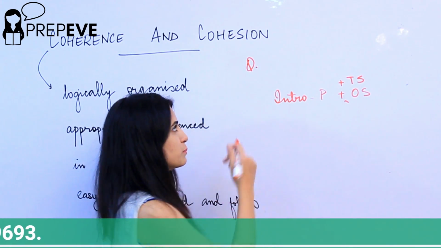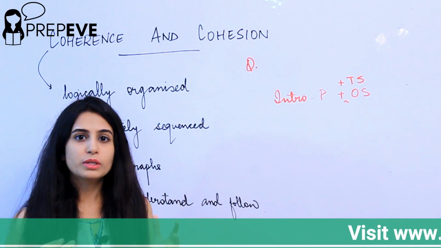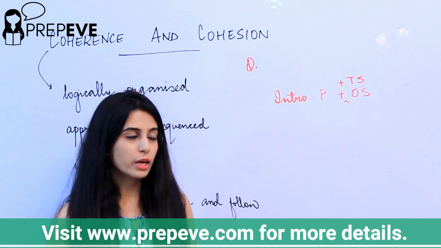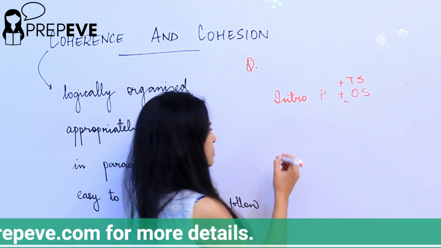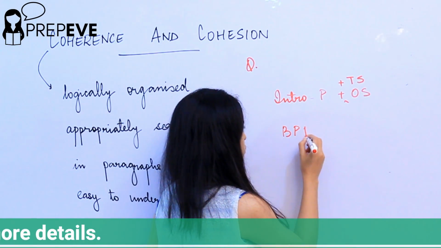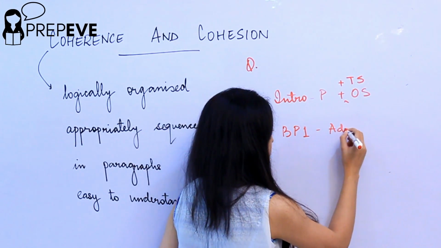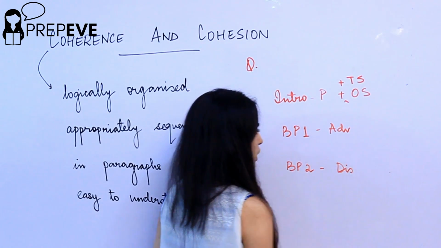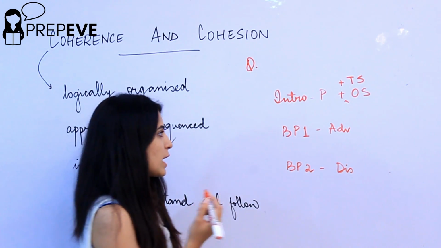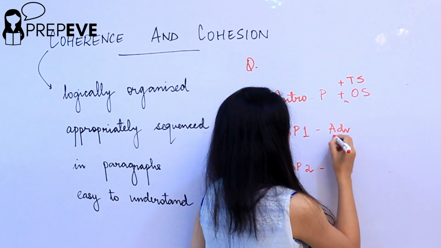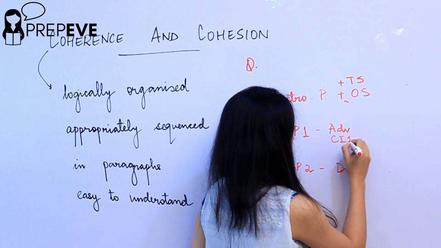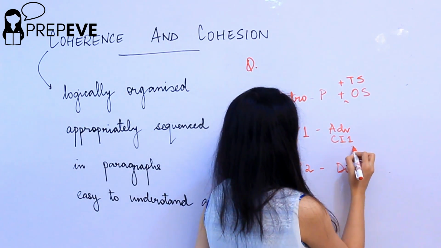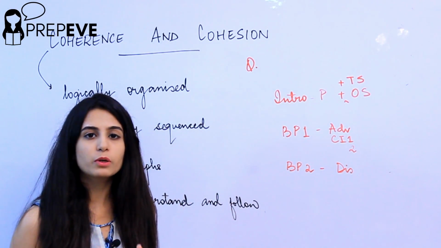After that, for example, it's a question that asks you to tell the advantages and disadvantages of nuclear energy. How would you address this question? You can make two body paragraphs. In body paragraph 1, you will tell the advantages. In body paragraph 2, you will tell the disadvantages. Each of your paragraphs has a topic sentence or a central controlling idea. You can have more than one idea if you can think of them. If you cannot think of enough ideas, you can support your first statement with examples.